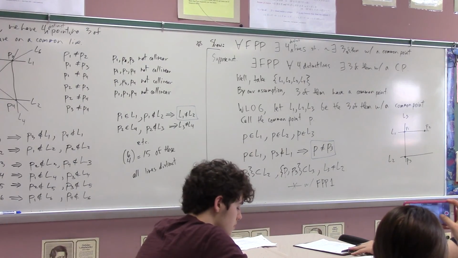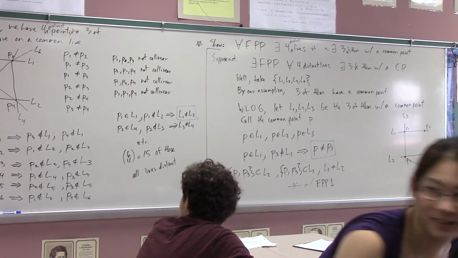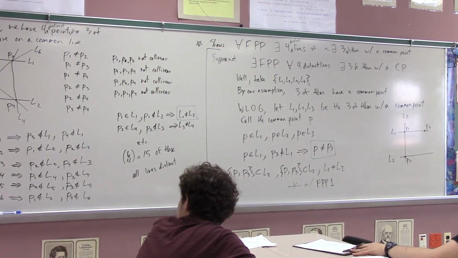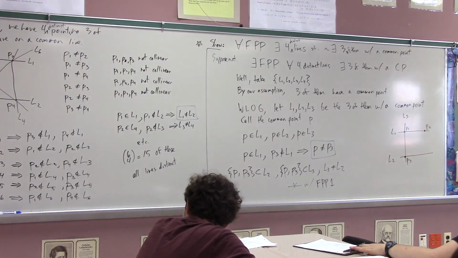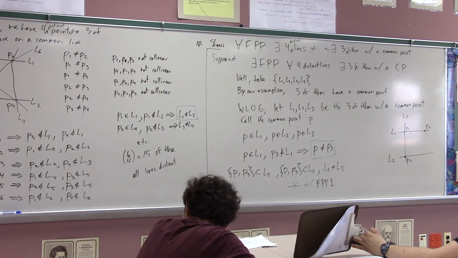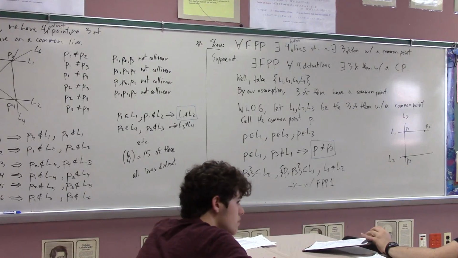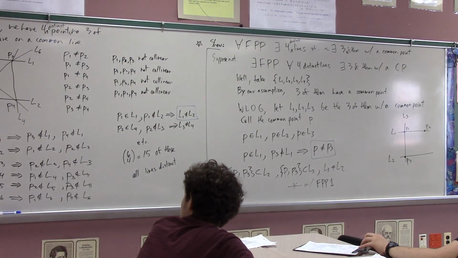Wait, how does that necessarily mean that? Well, I think the argument is that if we were to just add FPP3 prime as an axiom, then duality holds, right? What if I just